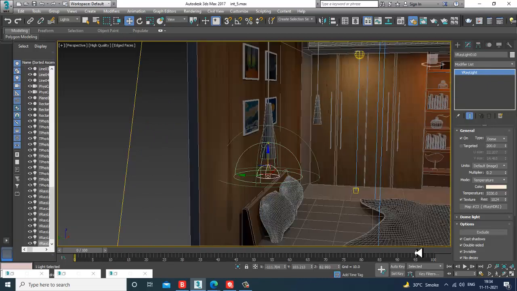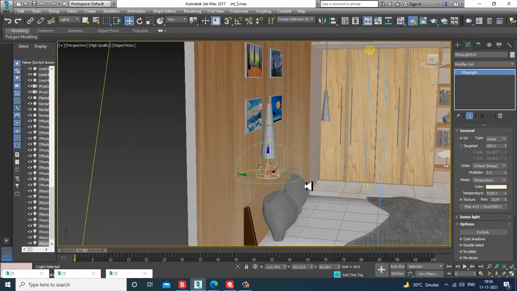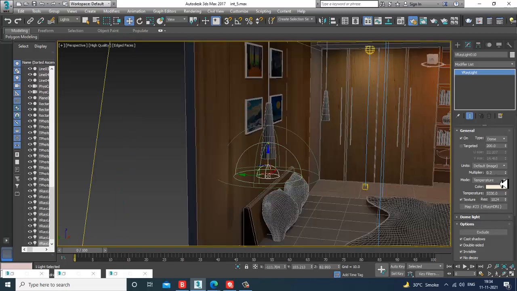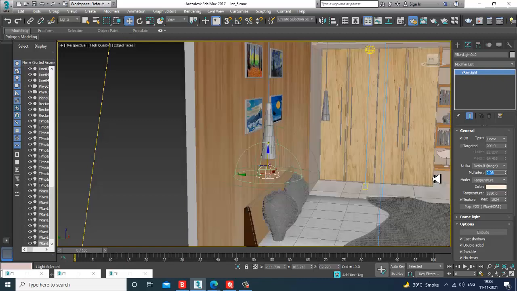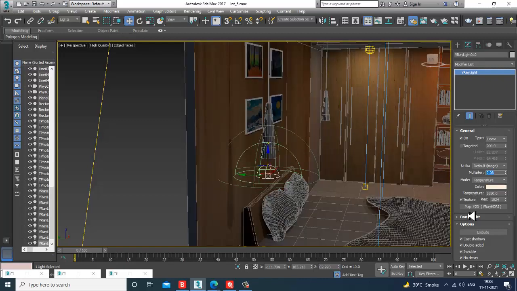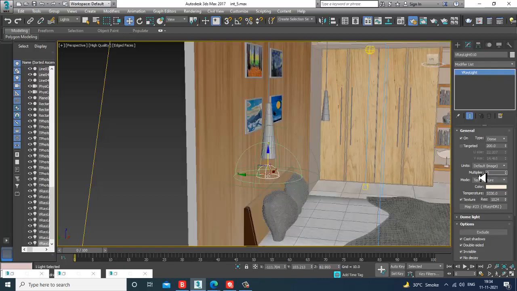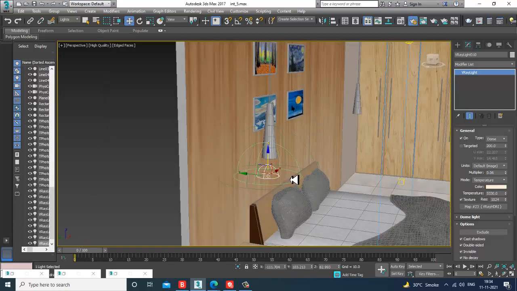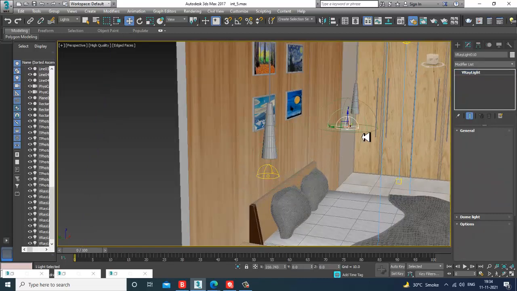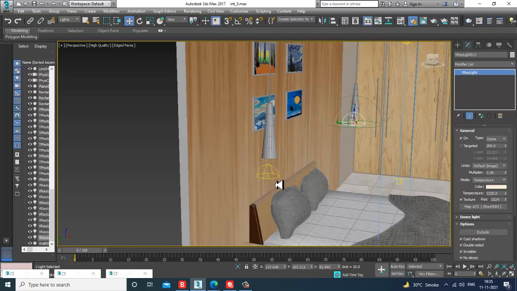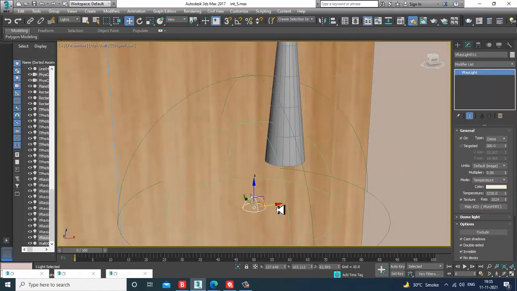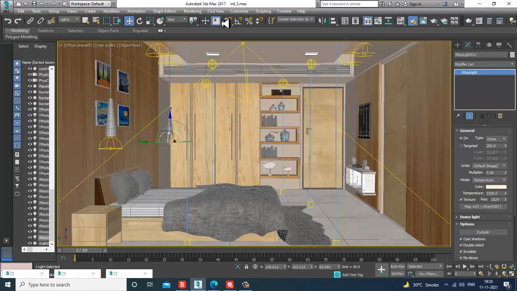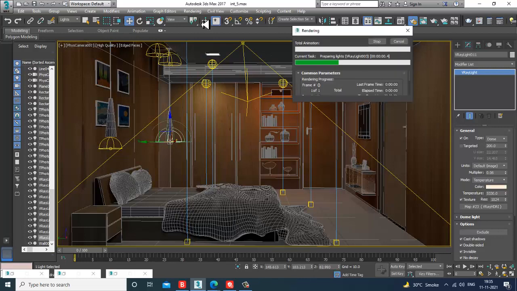So I'm assigning a shadow also over here, 0.08, a bit less, or 0.06. And let's just duplicate that same light over here. Let's go back to the camera view and check how it looks.